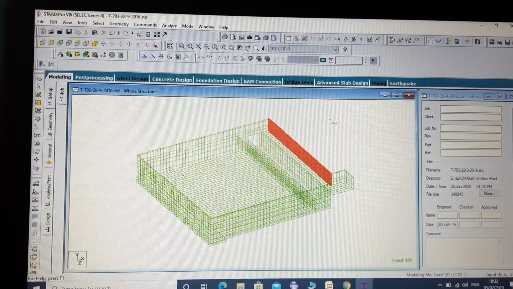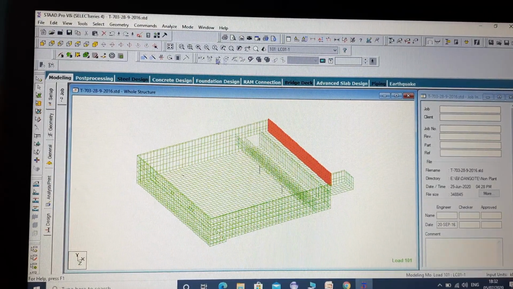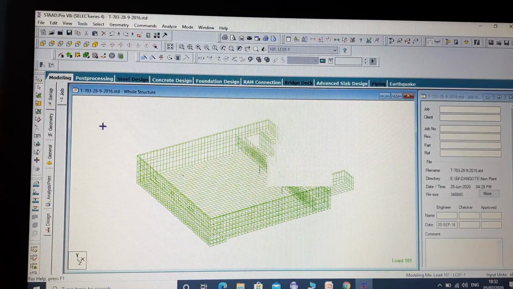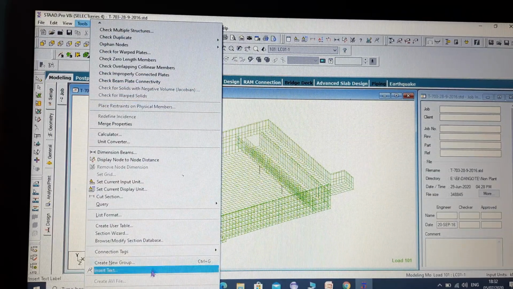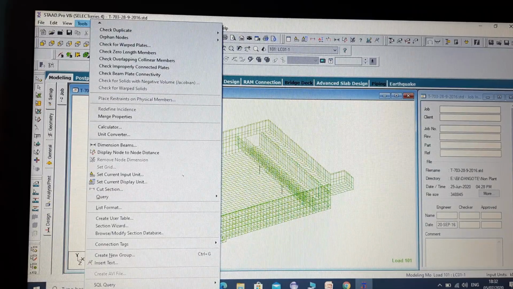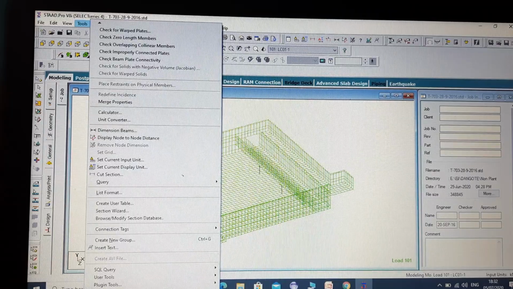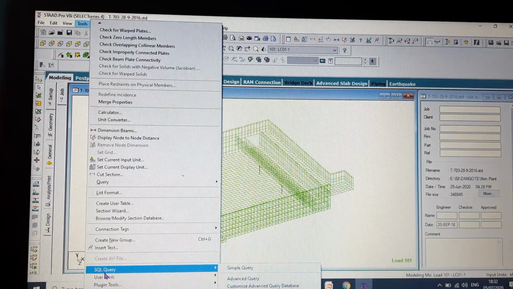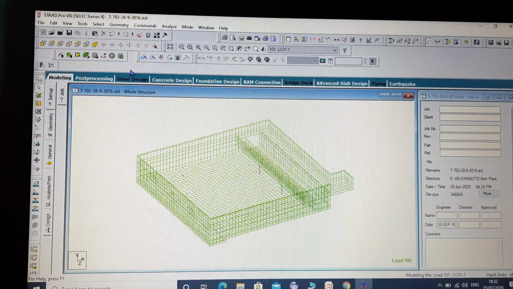My insert text button is activated. I have to escape it. I have escaped. Now go to tools. There are some functions here: SQL Server user tool, plugin tool. This will be explained later. Right now there is no use of explaining those things, so I'll be explaining them later.